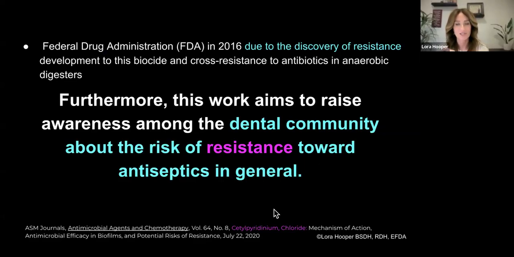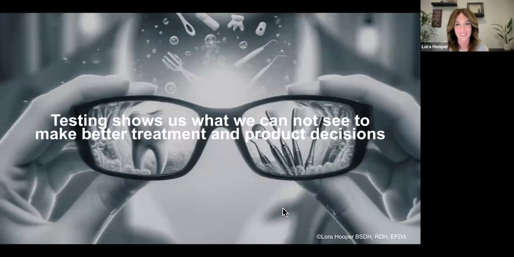And yes, this article specifically was naming the ingredients of our CPCs and our chlorides. So we have to be knowledgeable in this area, again, not only to get the best treatment decisions, but the best product decisions for our patients. So I always say why testing is so important, because I can't see those red complex. It's impossible. We actually need a microbial test to tell us if they're there or not. And so testing shows us what we cannot see so we can make the best treatment decision and product decision